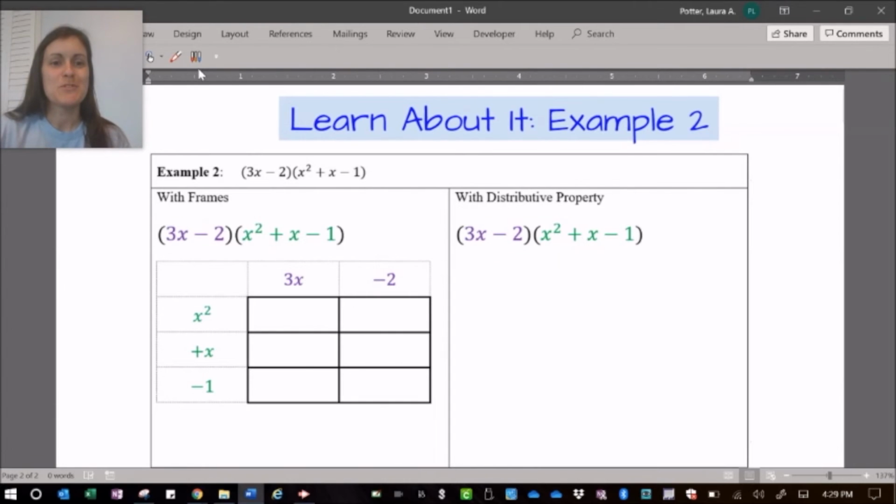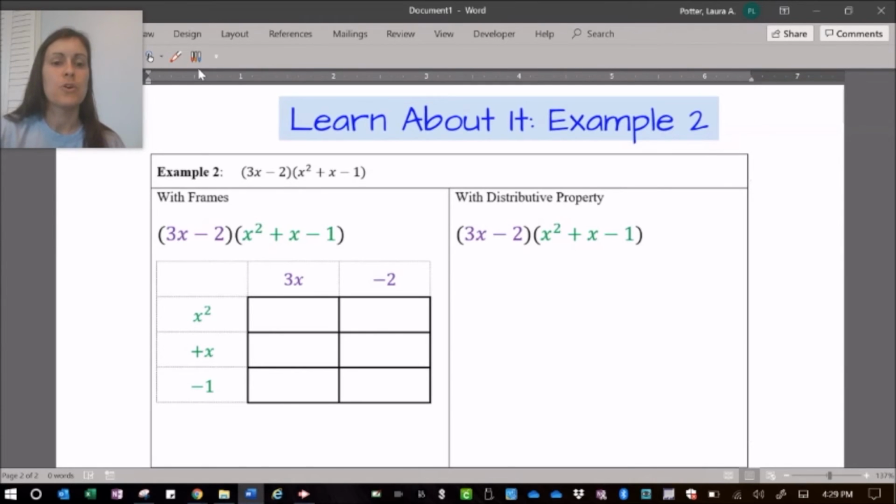In example number 2, we will be multiplying the quantity 3x minus 2 times the quantity x squared plus x minus 1. This is a binomial times a trinomial. My first factor has 2 terms, and my second factor has 3 terms. And that information is helpful because it determines how I'm going to set up my frame to keep my terms